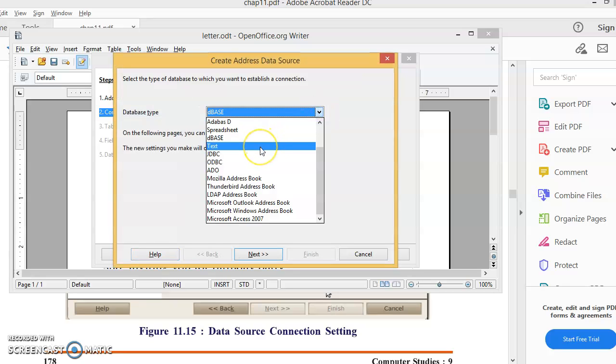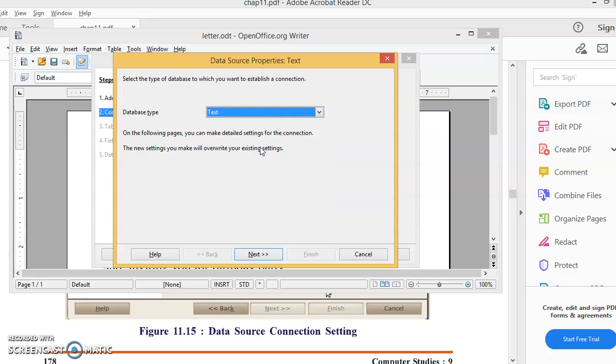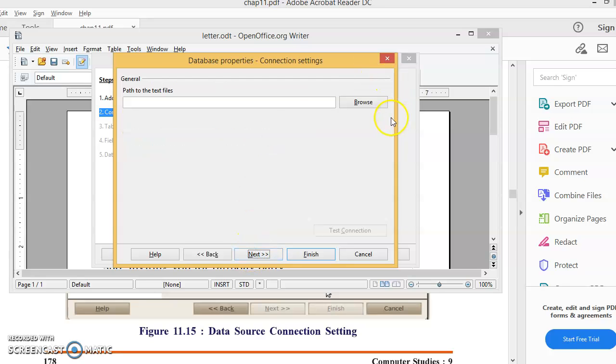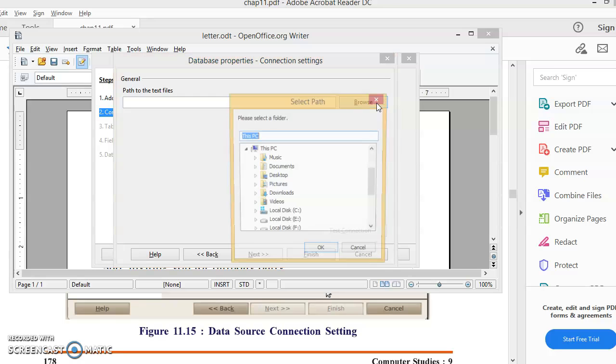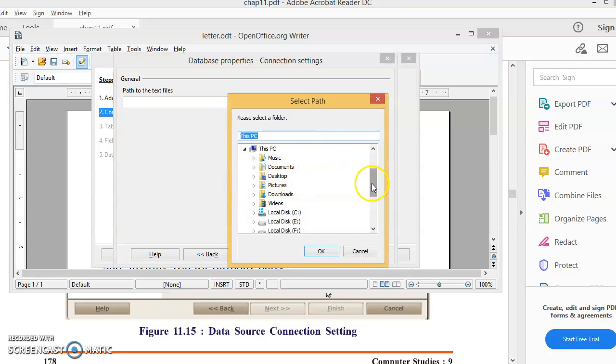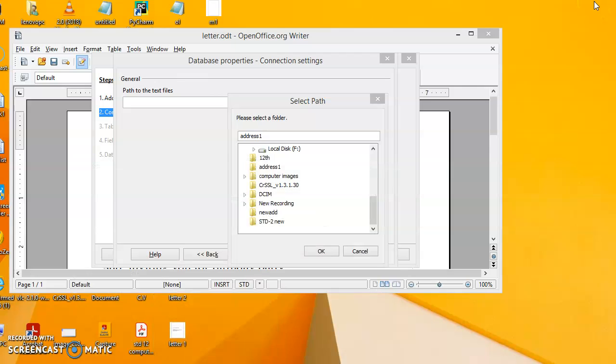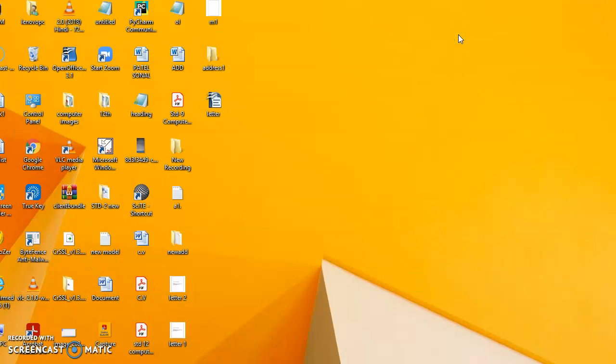Go to settings. Type is text, because we are creating the file in Notepad or gedit, that data type is called text data type. Click on the next button. Where is that file available? Select that folder. If you remember, I put that folder on the desktop. It is address 1. Did you remember it? See, that folder is here.